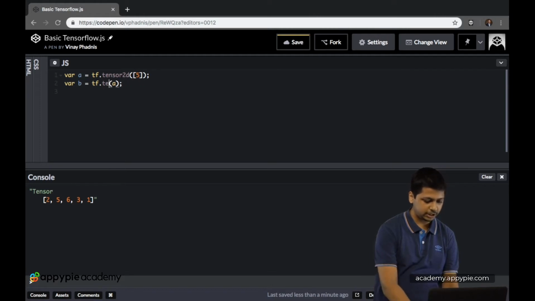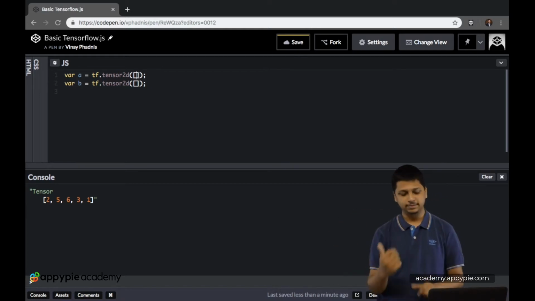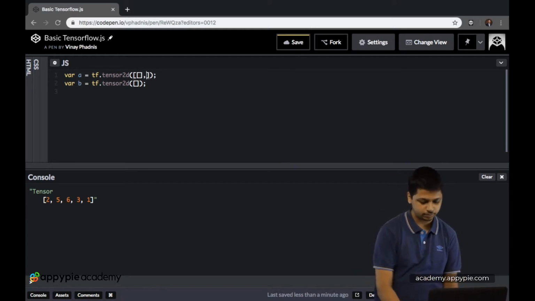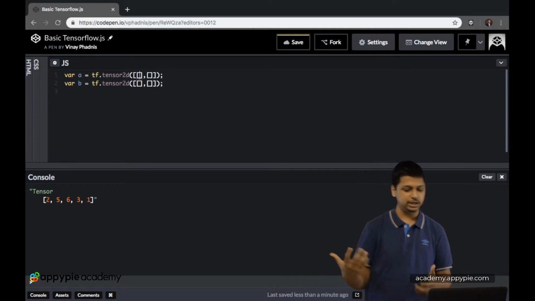Let's make two tf.tensor2d. Inside this we have to specify both of the dimensions. And now let's provide two numbers for each dimension.